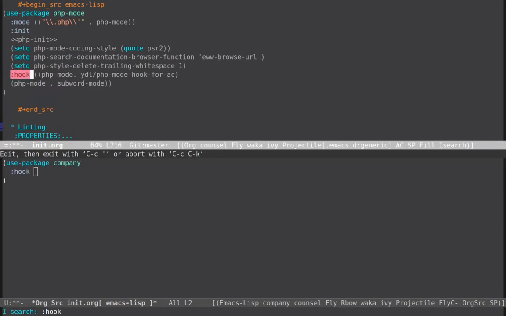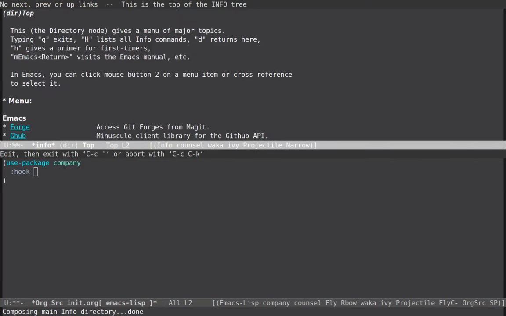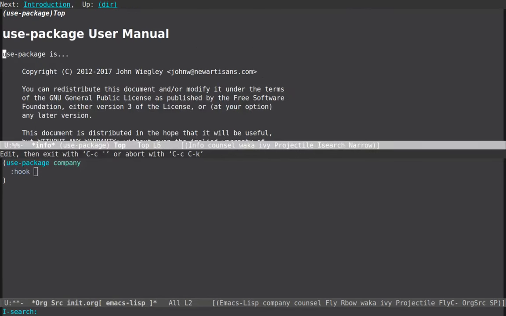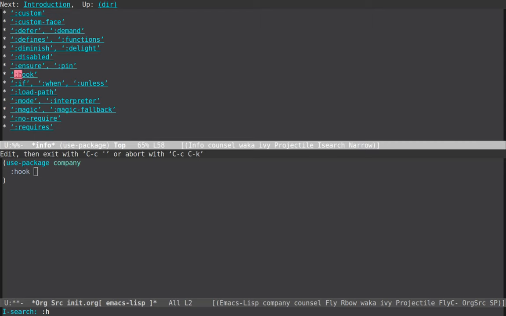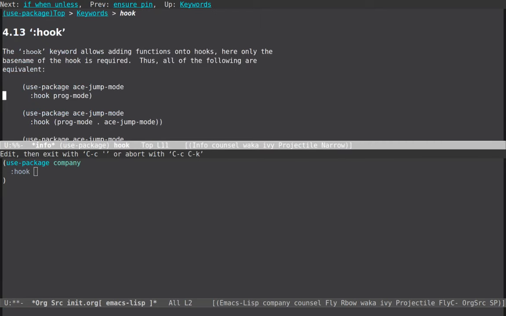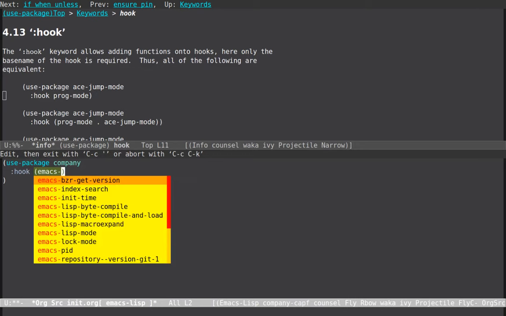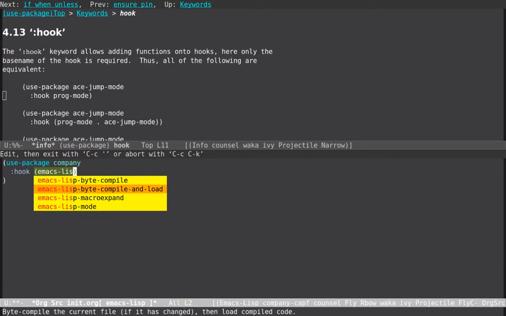So let's get the help info, and we'll go to use-package and hook. Use-package hook. Okay, so we can do hook, and I believe I can do a bunch of them. So if we do emacs-lisp-mode,